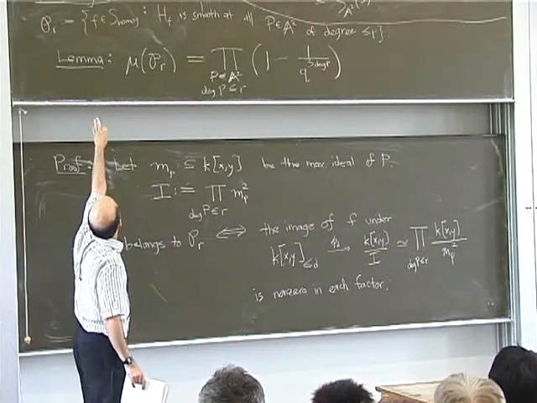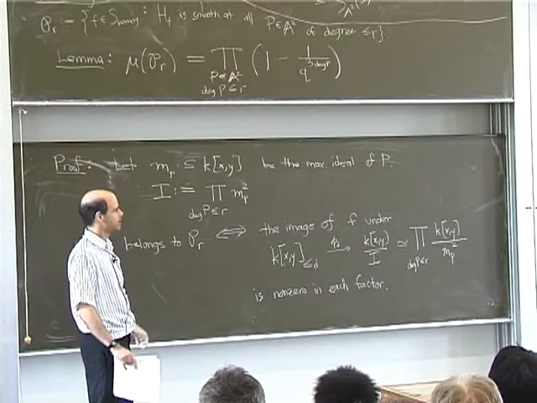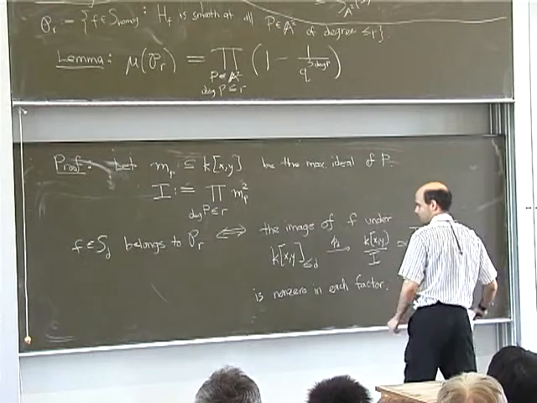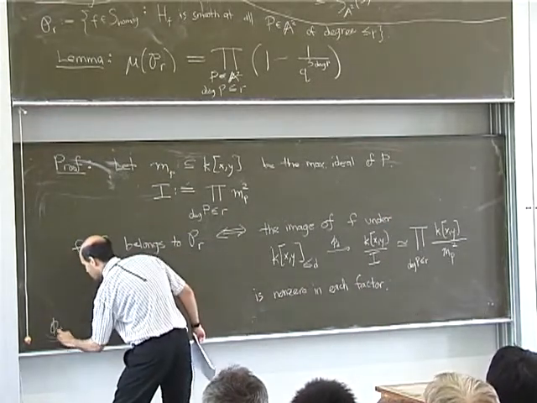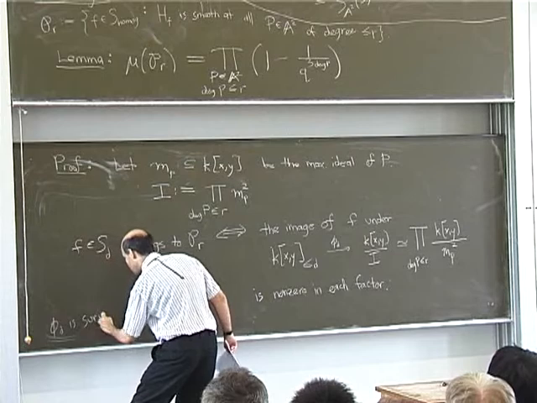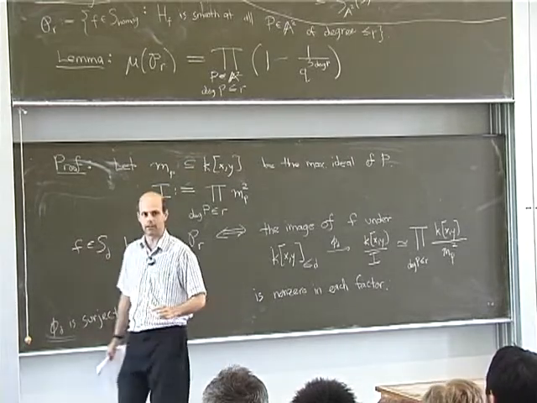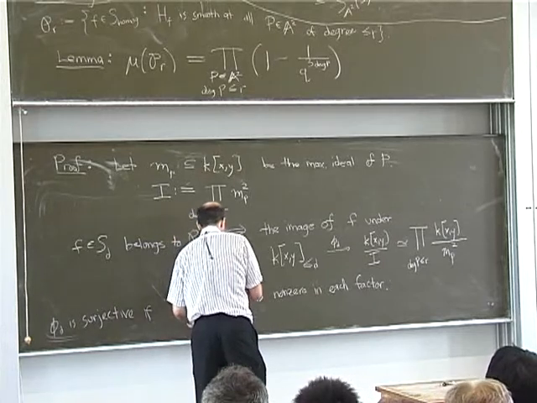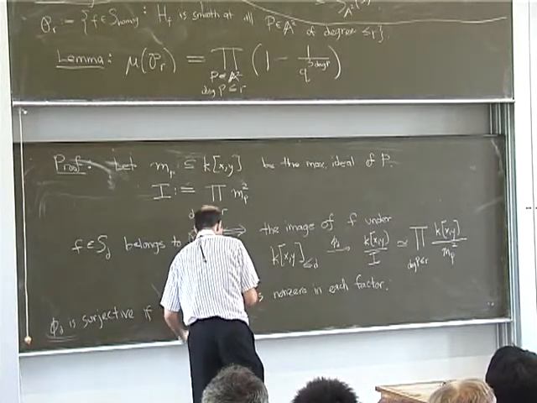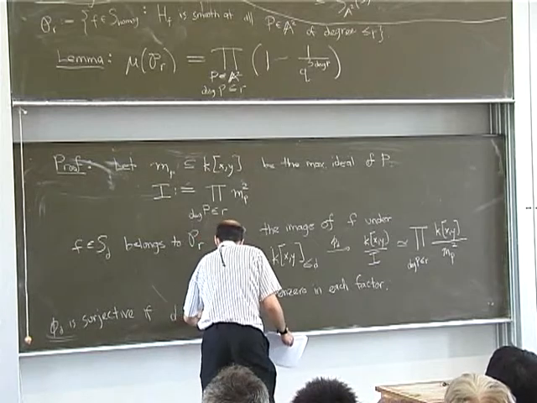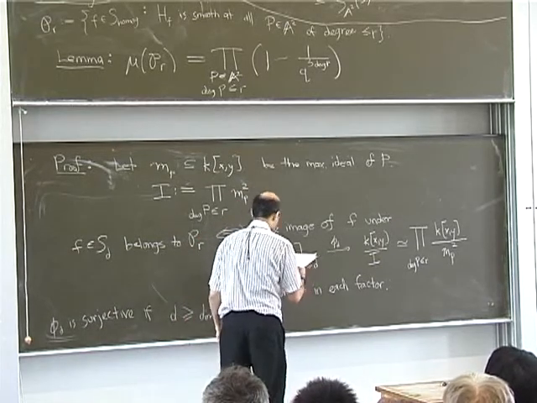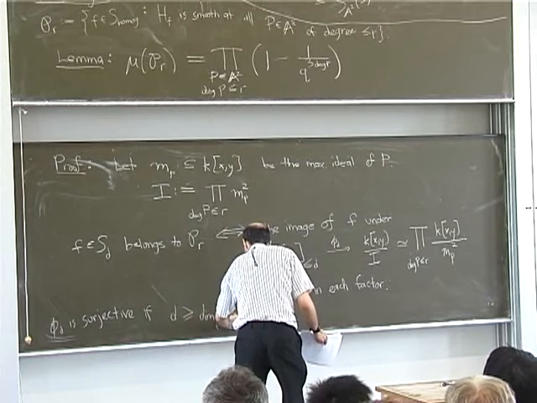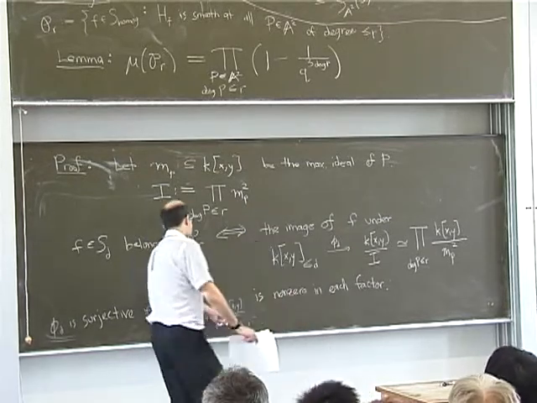But actually for later on, when I deal with points of higher degree, I'll need to make this a little more refined. So what you can actually say is that phi d is surjective. I want to quantify how large D has to be in order for this to be surjective. It is surjective if D is large, and in fact, it's already good enough to take D greater than or equal to the codimension of I as a vector space. In fact, you can do with one less.